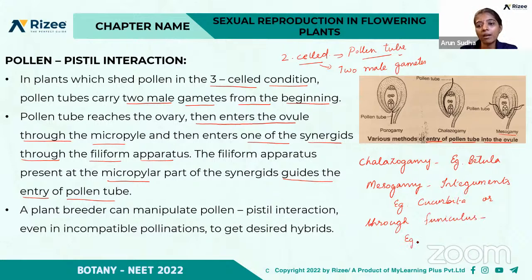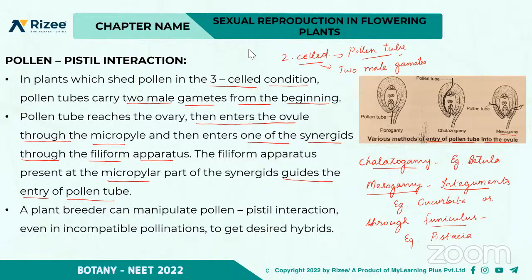Example is Pistacia. So mesogamy is the entry of the pollen tube either through integuments or through funiculus. Then it is called mesogamy. So based on the method of entry of pollen tube into